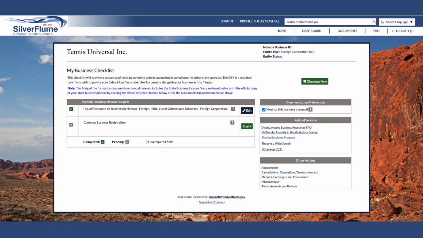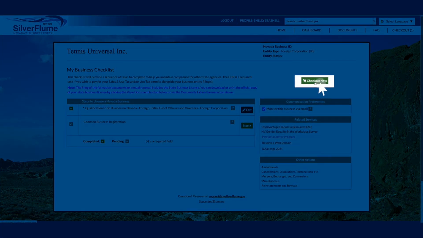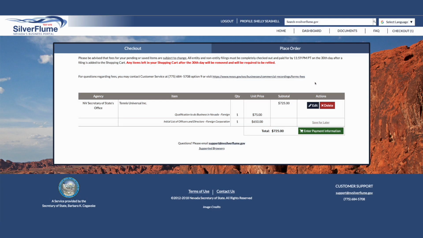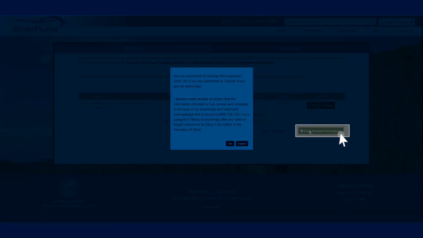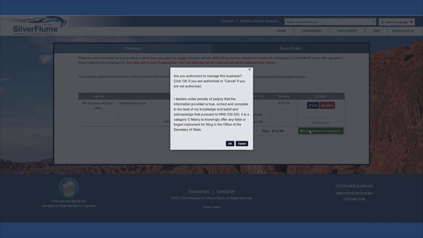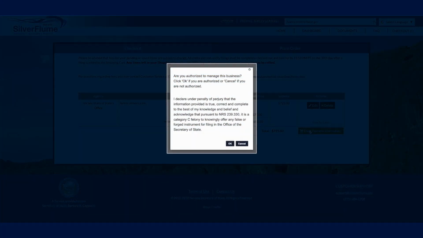Step 9 is the completion of the checkout. Select the green Checkout Now. The price and breakdown of fees should be displayed. Select the green Enter Payment Information. Only select OK if you can declare the following. I declare to the best of my knowledge, under penalty of perjury, that the information contained herein is correct, and acknowledge that pursuant to Nevada Revised Statute 239.330, it is a Category C felony to knowingly offer any false or forged instrument for filing in the office of the